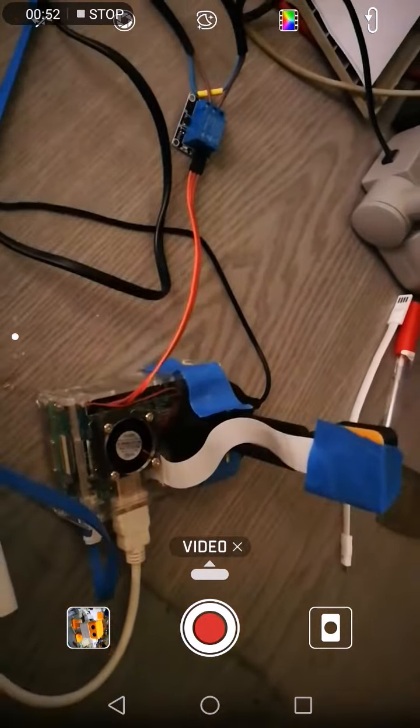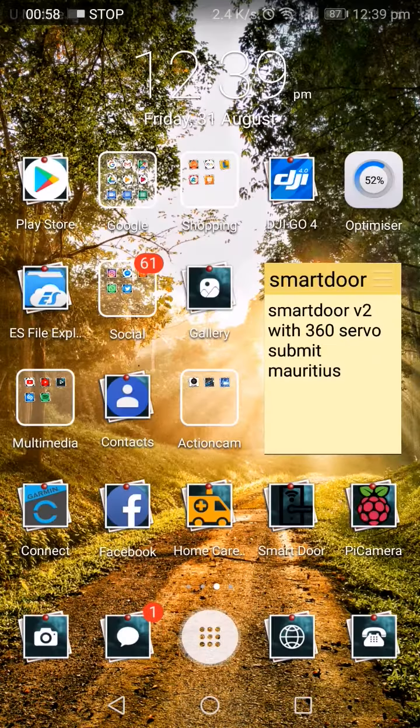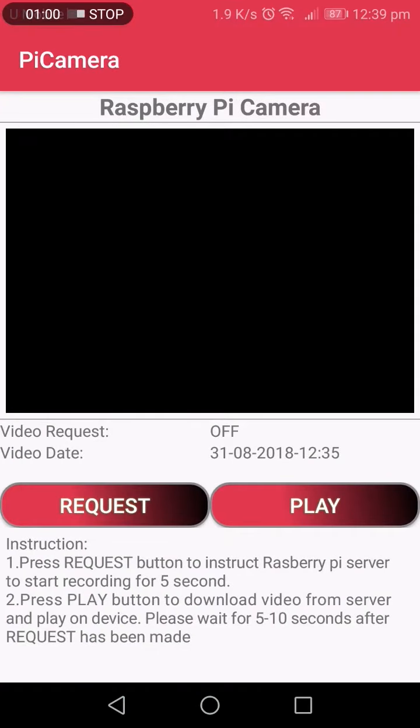And then I need to build a custom Python script here, and this Python script will keep checking my database, and if there's an instruction that I give through this Android application, for example, right now if I request the streaming,